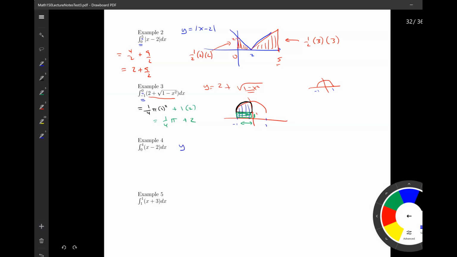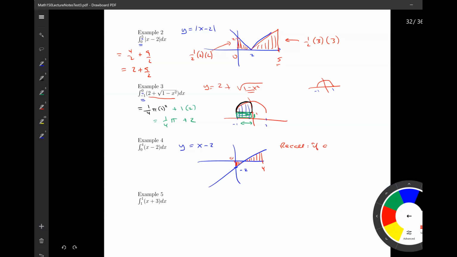All right, so let's look at this graph of y equals x minus 2. It has a y-intercept of -2, and I'm looking to find the area between 0 and 4. So that means the area is from the curve to the x-axis. Now recall,